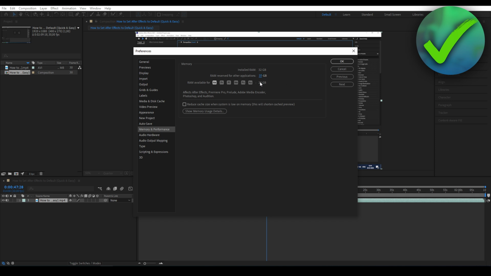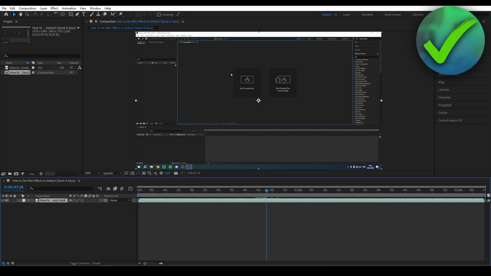So when you know, for example, that you also have a lot of other tabs like Google or whatever open while editing, then you want to make sure that there's also RAM reserved for Google instead of your whole PC becoming slow and laggy. So those are basically the tips that I wanted to show you. That is how to make After Effects run